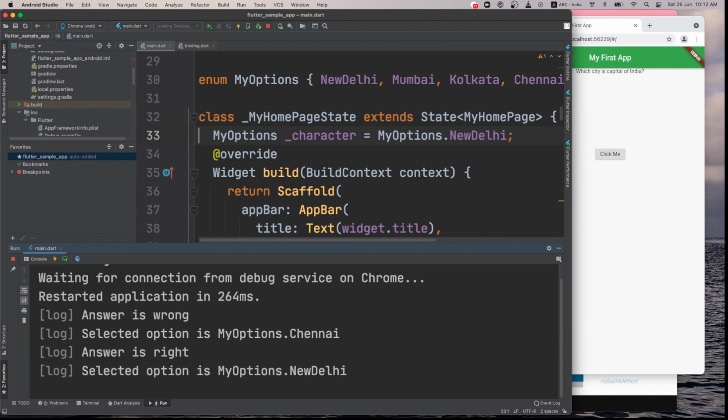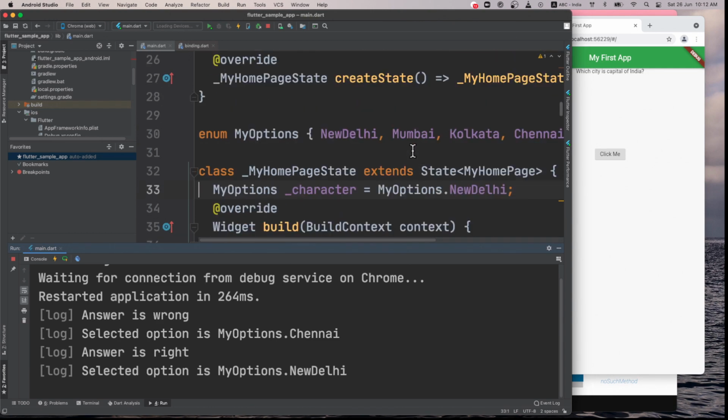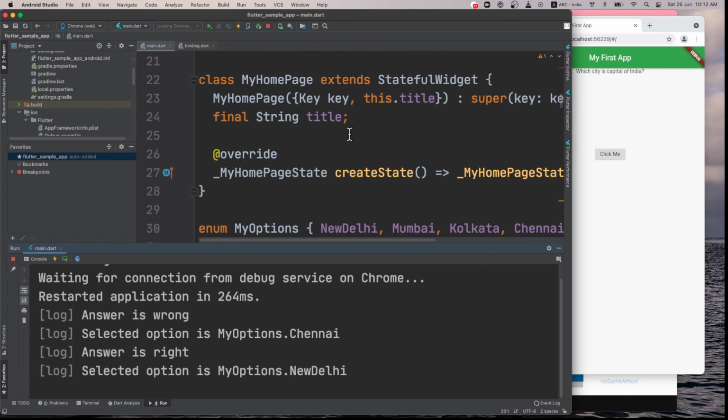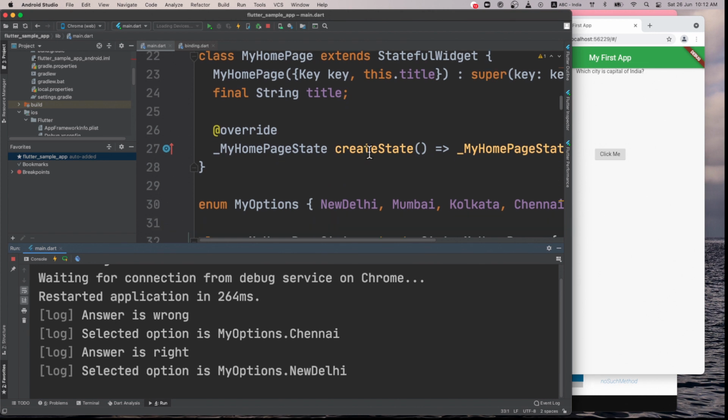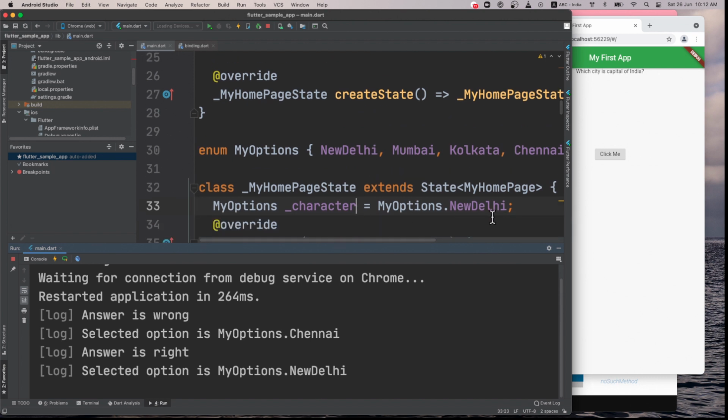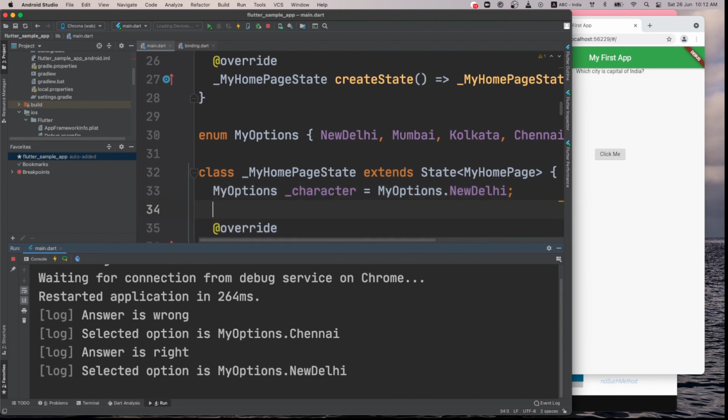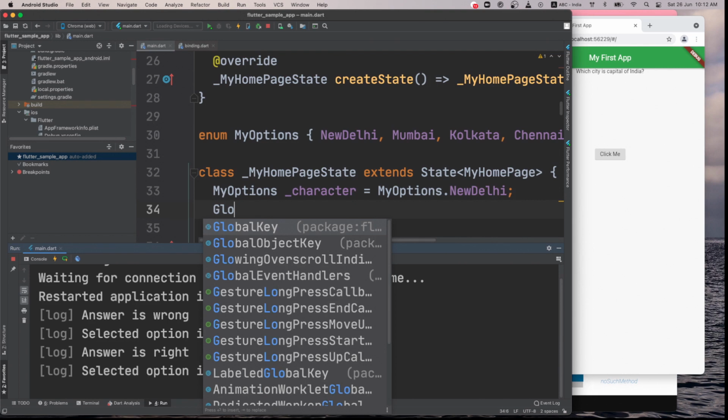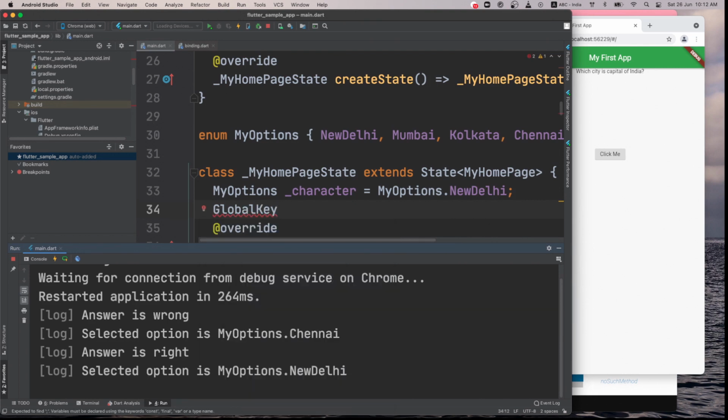Snack bar will require you to have, where is our widget? Actually, widget is here, I think. So here itself we will have to define. In this, something called global key is there, and that we can use for our snack bar.